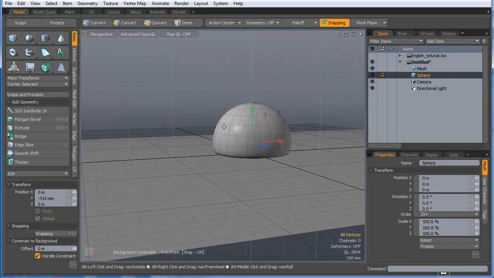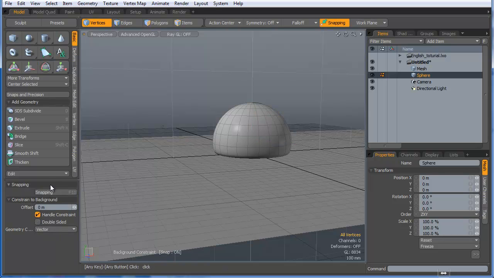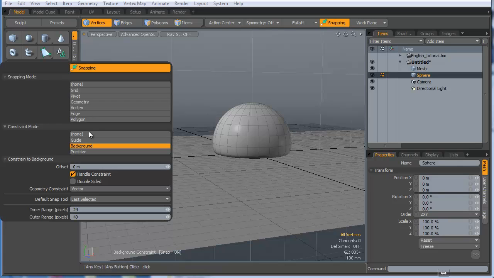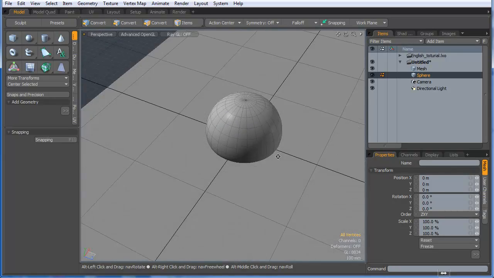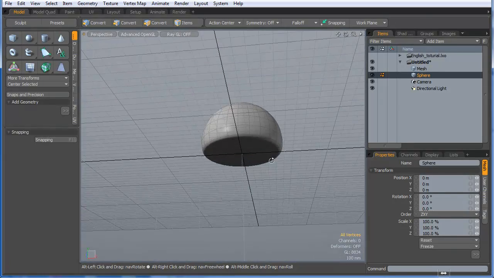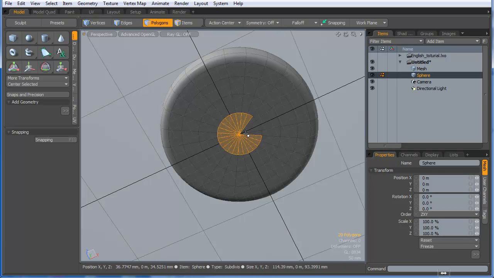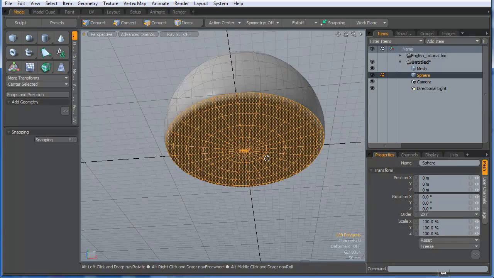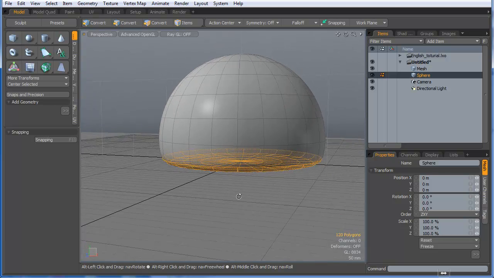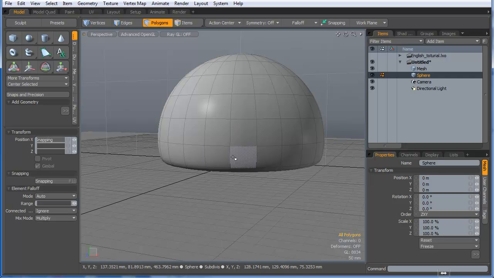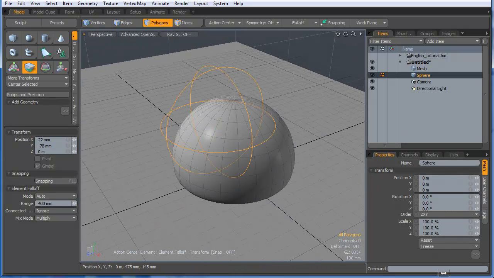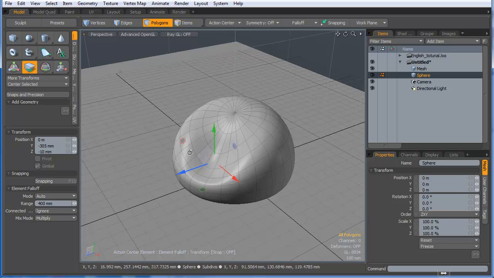Okay, then I will press spacebar to drop the tool, and I will turn off the constraint mode and the snapping. Once I've done that, I will select all those polygons in the middle, and I will shift up arrow until I reach those polygons, and then I will press J to lock them, and I will hit T on my keyboard, and I will start using the element move to shape this little guy in here,